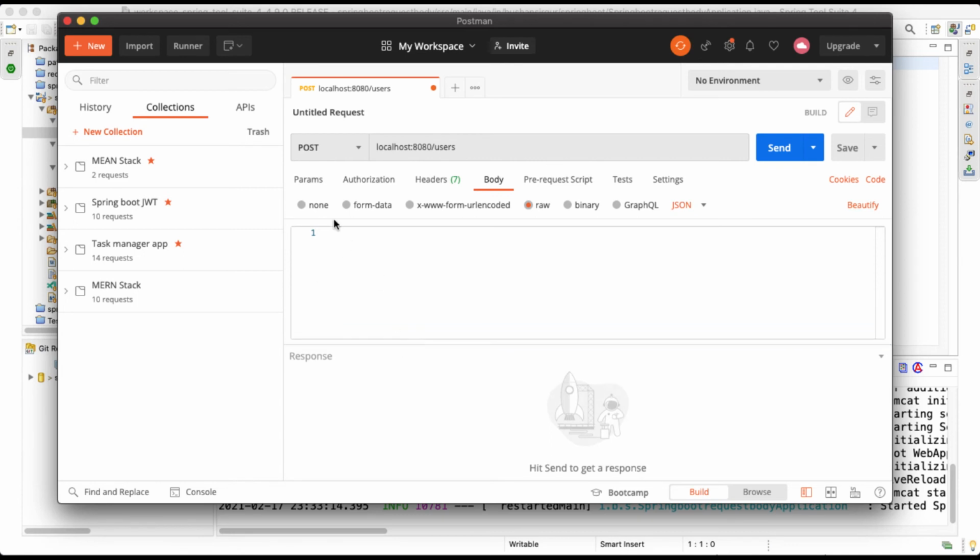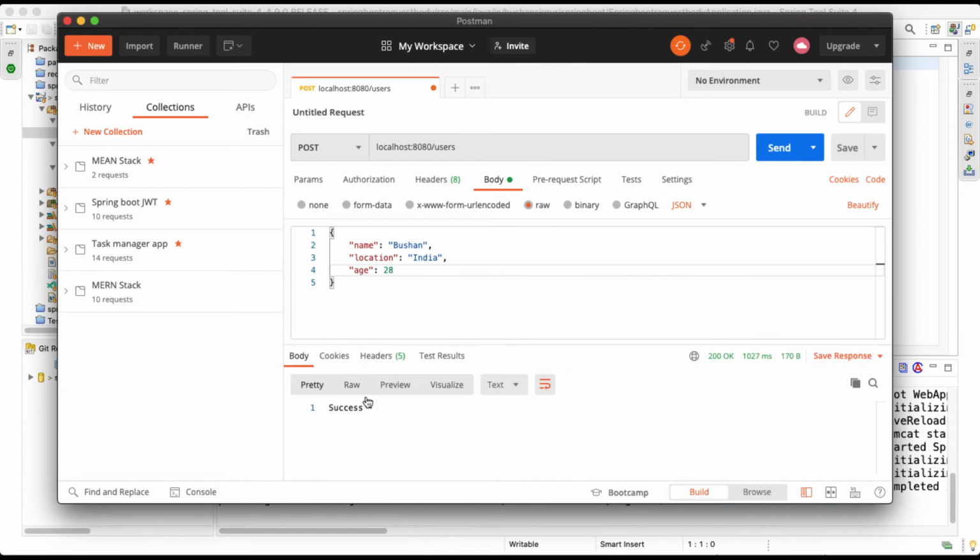Let me minimize this. Now let's pass the JSON data. Name, I'm going to give the value as Bhushan. Location, from India, and age, I'm 28 years old. Now when I click on send, we should get a response, success.